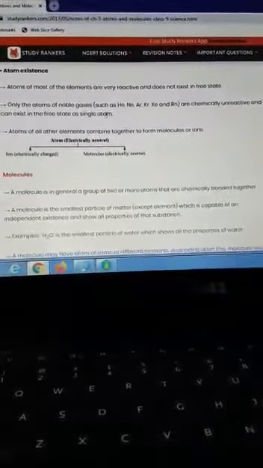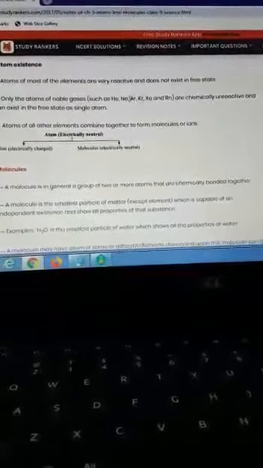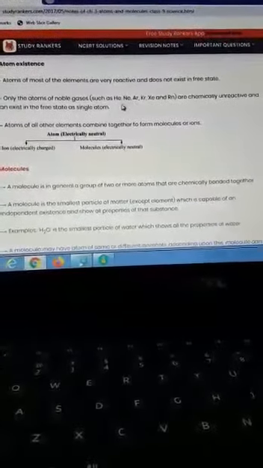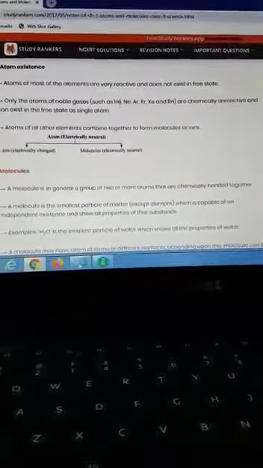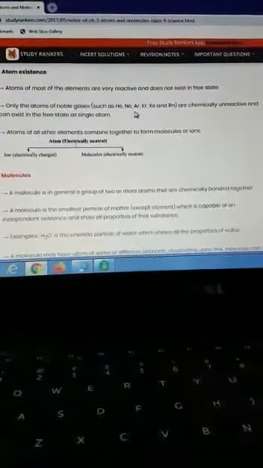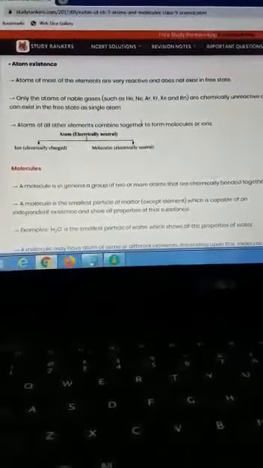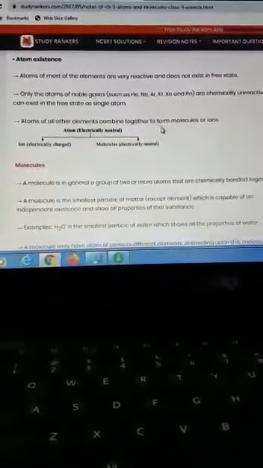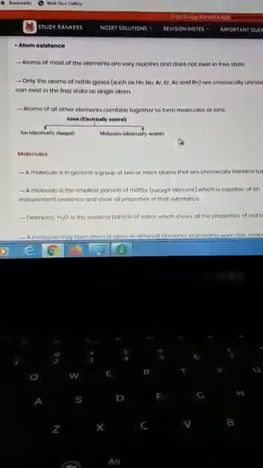They are chemically unreactive. Why? You will get it in chapter 4. That time I will explain, but now you have to remember that these gases are chemically unreactive and they are found in free state. Free state means they will not react with any other elements, so they exist as atoms like this: helium, neon, argon. But other than this, atoms of all other elements can combine and are found as molecules, ions, compounds, etc. Am I clear to you?